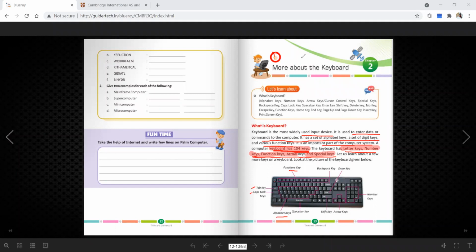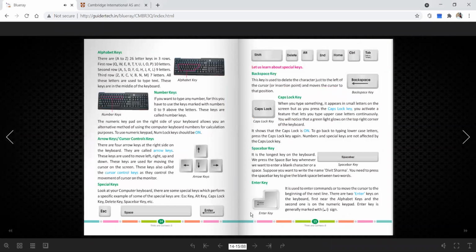Okay, so I'm clearing the drawings, and I will go to the next page for the further proceeding of this chapter. Okay, so alphabet keys. English alphabets are how many? 26 letters are there, but they are not arranged in the keyboard like A, B, C, D, as we have read from our childhood.